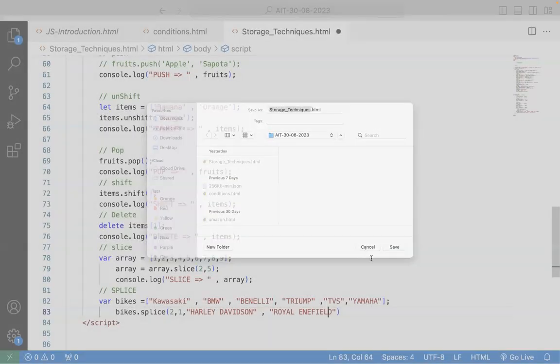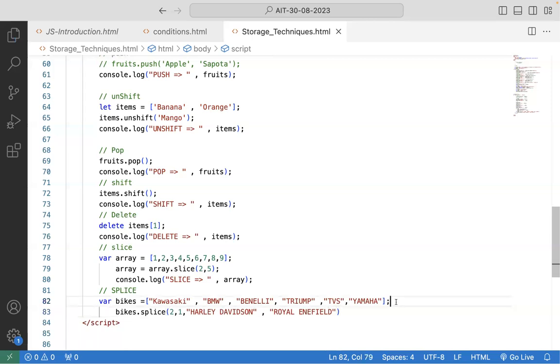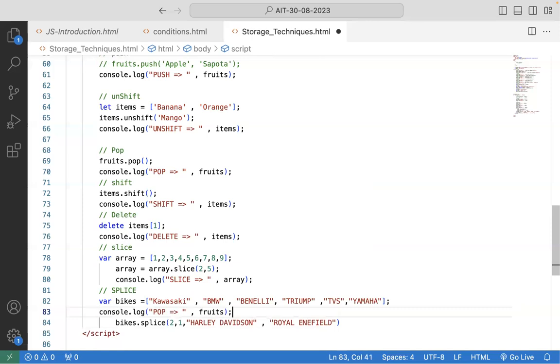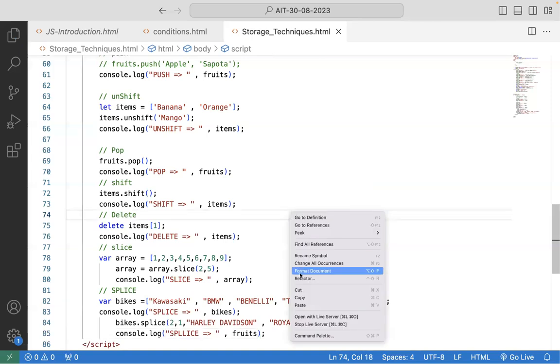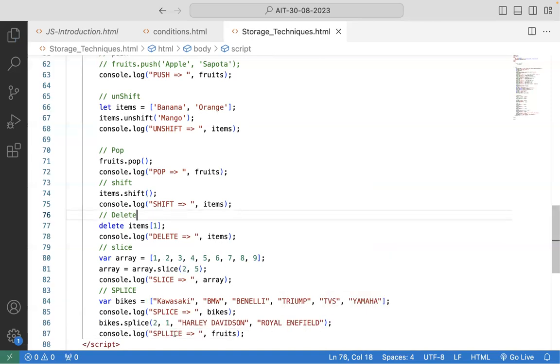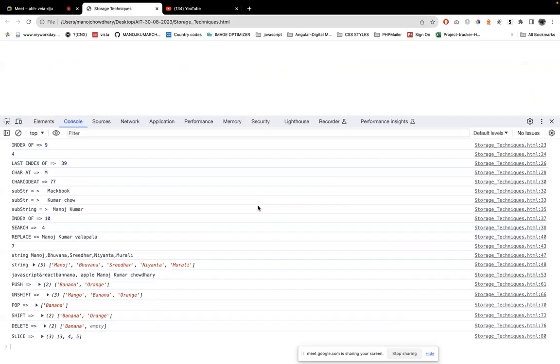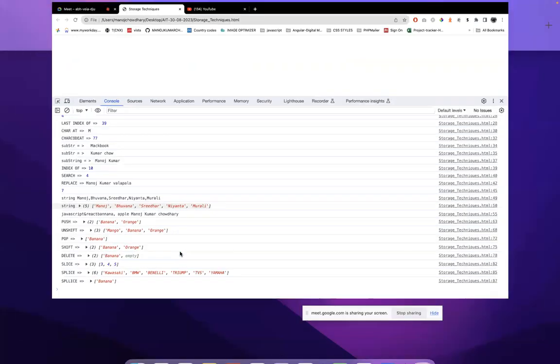So now what I'll do, let me console it. Bikes, and I'll do the same console here again. So you can see here, there are two outputs we are consoling here. First one should deal with the original data, and second one will deal with the updated data with the splice, right? So if I come here and if I reload here,